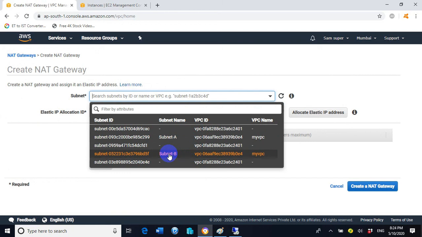Remember guys that NAT gateway we can place only on the public subnet, right? We can only place the NAT gateway in a subnet with which the internet gateway is associated. We cannot connect the NAT gateway component with a subnet with which the internet gateway is not associated or connected.